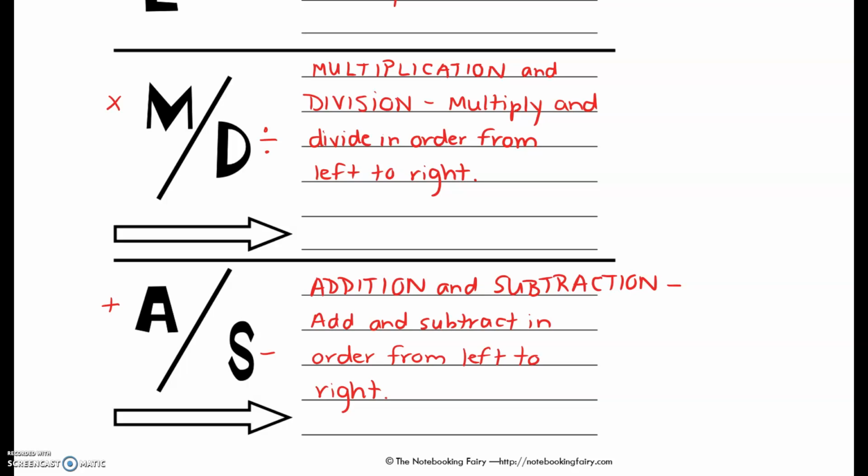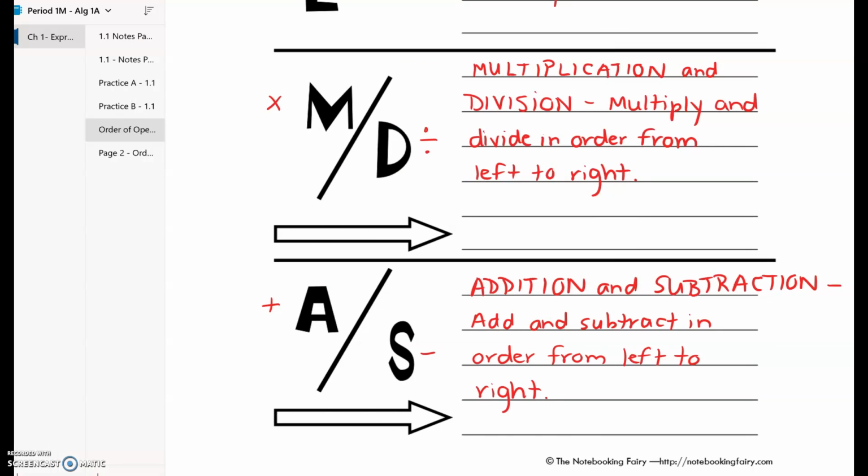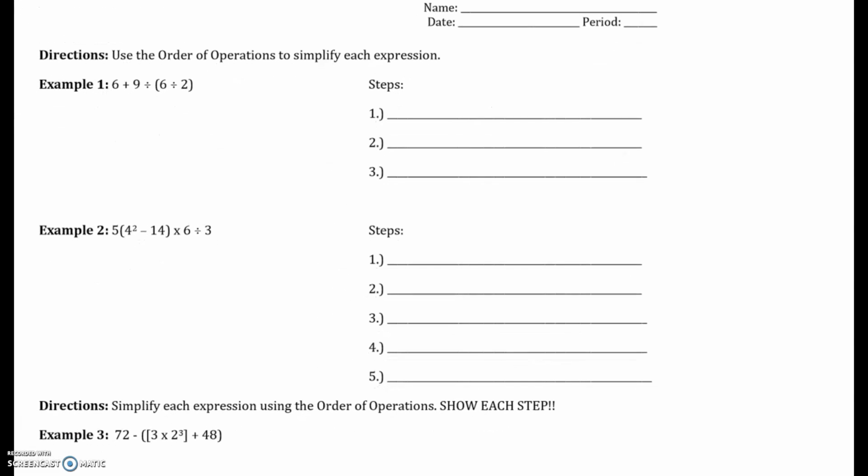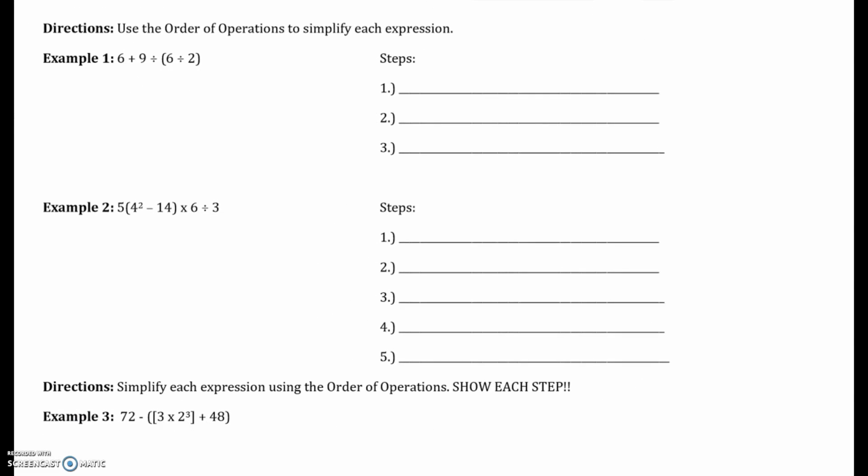So if you flip the page over, you will notice that on page 2, we have several examples here we want to simplify by using the order of operations. Now please know when we say simplify, we want to get down to one final answer. So for the first two, I actually want you to show each step. I know some calculators can perform the order of operations and you can just type this all in, but I do want you to show each step as you're going through